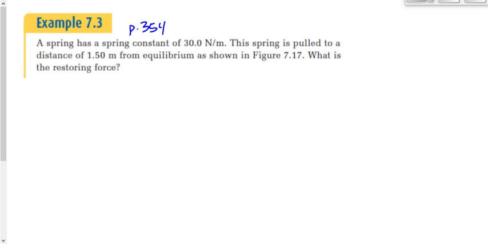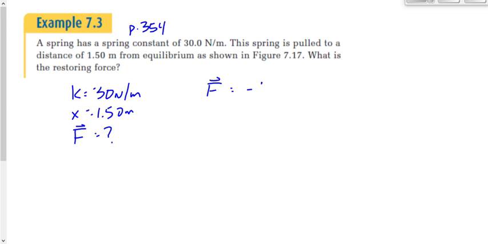A spring has a spring constant of 30 newtons per meter. The spring is pulled to a distance of 1.5 meters from the equilibrium position. What's the restoring force? Well, what do we got here? We've got k equal to 30 newtons per meter, and x equal to 1.5 meters. This should be pretty easy, I think. F is equal to